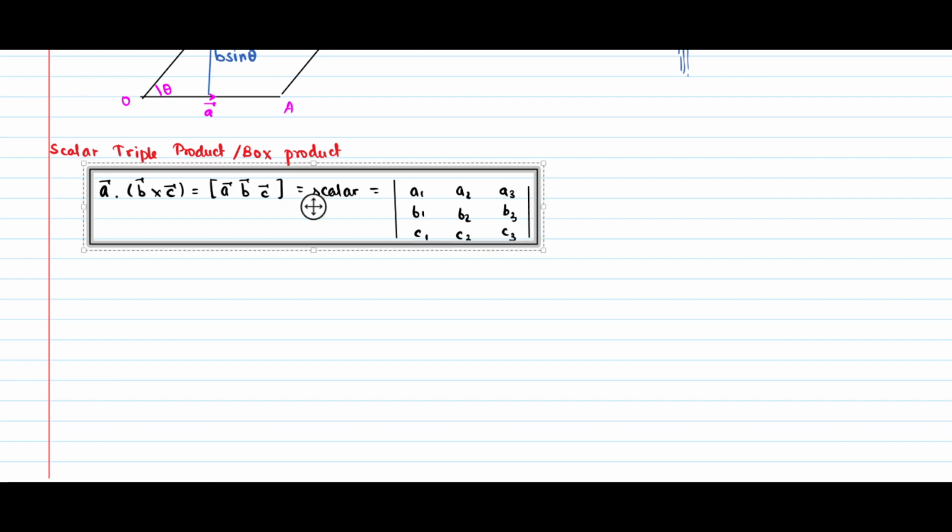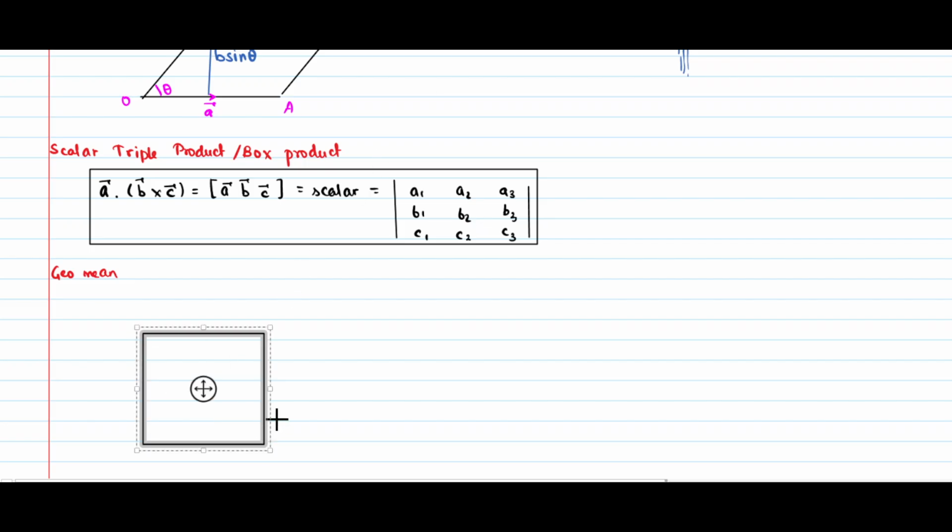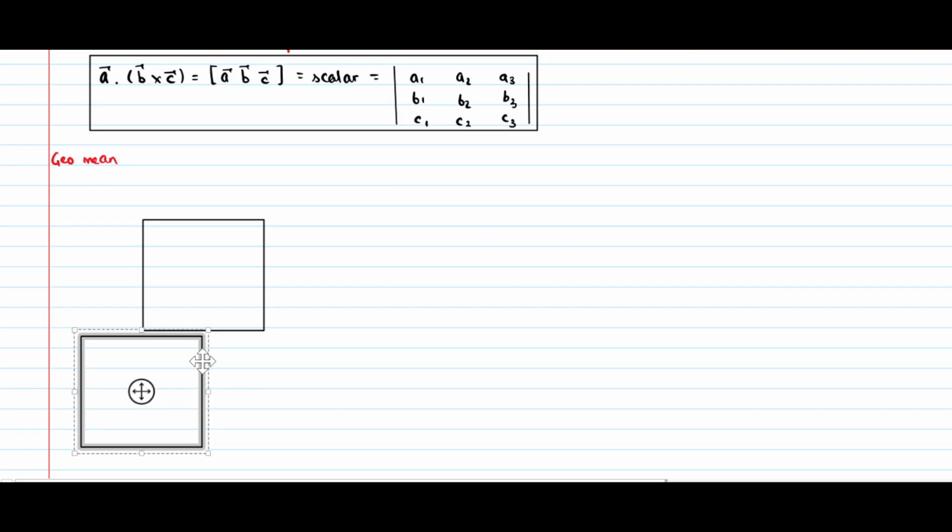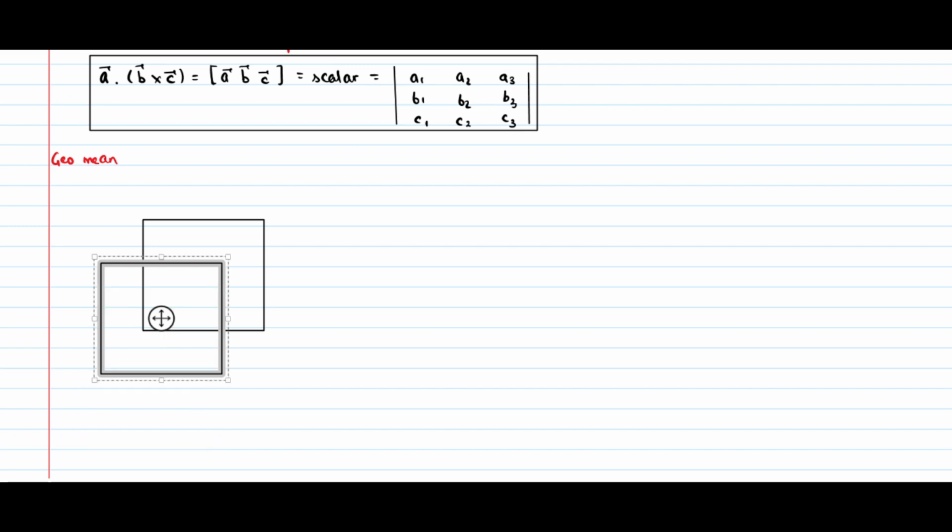Okay, so now let's talk about the geometrical meaning. What does it mean geometrically? I'm not going to go too in depth about this, so let's believe what I say, right? It's going to be the volume of a parallelepiped whose initial edges are A, B, and C. That might not make a lot of sense right now, so I will try to make it much more